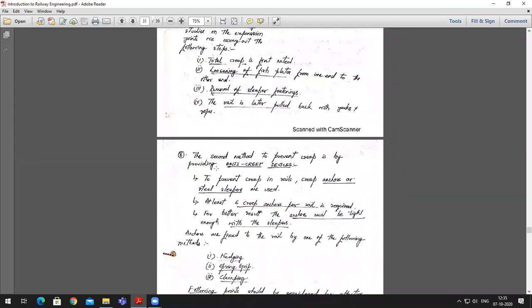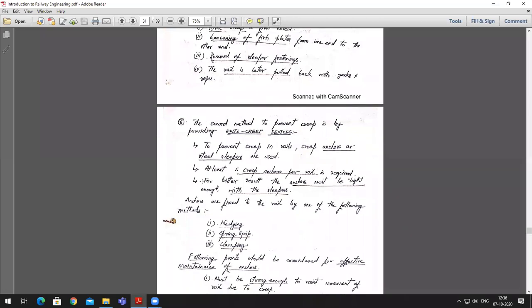You will study about anti-creep devices in detail when we discuss them, or I might give you an assignment based on it. Looking into the textbook, you might have to draw those cross sections and sections of the fittings and fasteners, and accordingly submit the assignment. So in that particular section you will be studying more about anti-creep devices. There are plenty of anti-creep devices that have been used by people since olden days.